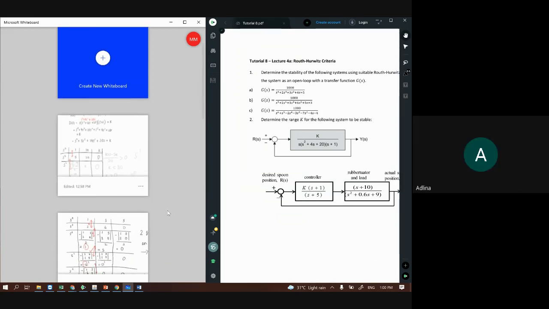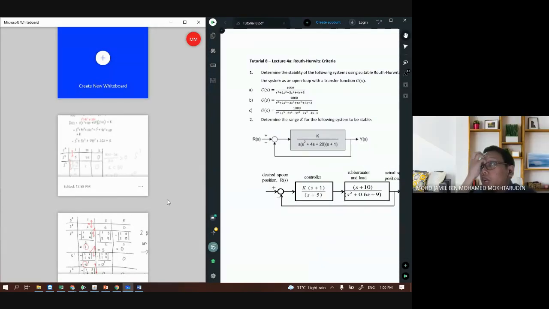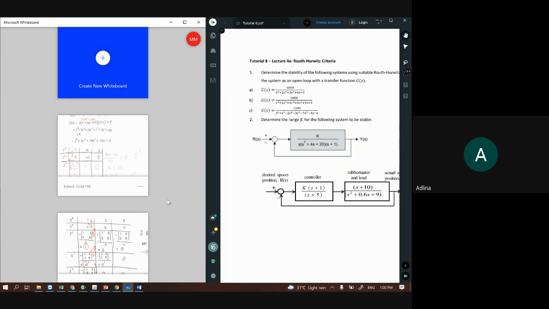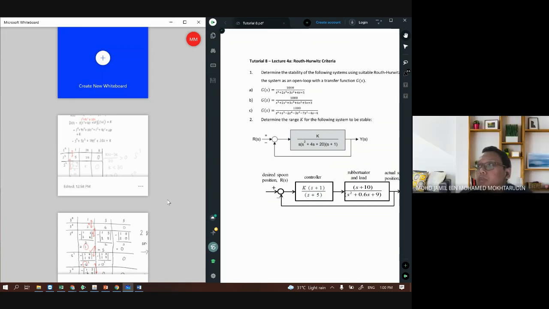Sir, untuk part 2 dengan part 3 tu kan ada kena kira steady state error, kita tak belajar lagi. Okay, yang tu awak boleh cari dari graph MATLAB. Jadi guna MATLAB je lah, sebab yang steady state error tu tak ajar lagi, tak payah kira manual. Lagi cantik kalau dari graph tu awak tunjuk dekat mana value, contohnya peak time, settling time, sebab dalam MATLAB boleh keluarkan